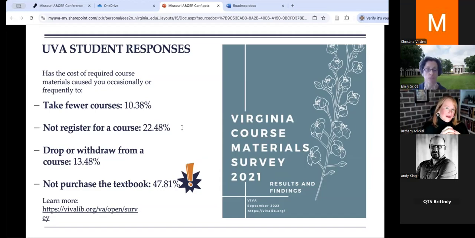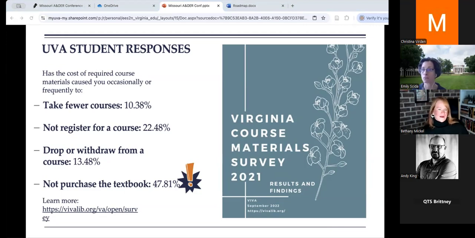And as a result of the data that we received, we uncovered some really telling data regarding students' approaches to course material purchases. And Emily is going to pop that link into the chat. If you want to dig a little bit deeper, learn a little bit more, you can take a look there.